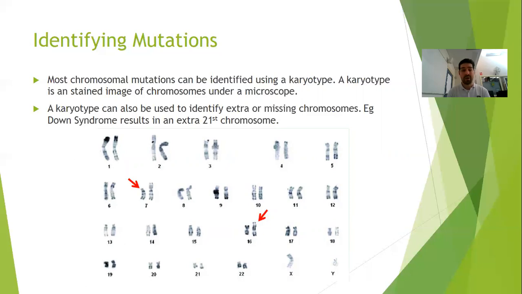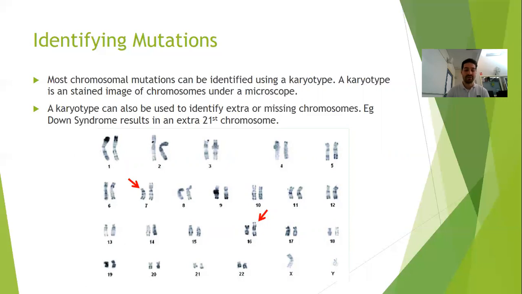An extra one that you could look at is if you had extra chromosomes. So Down syndrome, for example, you have 3 copies of chromosome 21, and that would be really identifiable in a karyotype like this. When we start looking at point mutations, you'll notice that a karyotype probably isn't that good to